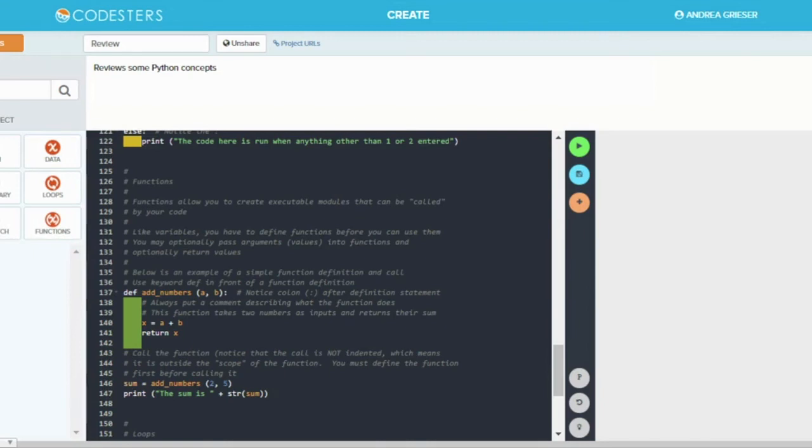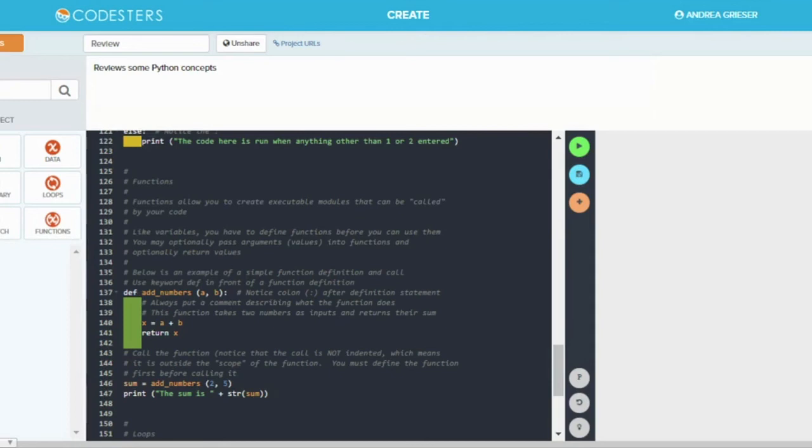So you must define it first. So now the interpreter knows about this function called add numbers. Later on in the code, you can actually use it. Now I want you to look at the indents here. So def is kind of column 1, and these are moved over 4 spaces. When I'm using it, I'm moved back over to column 1, and this has to do with what we call